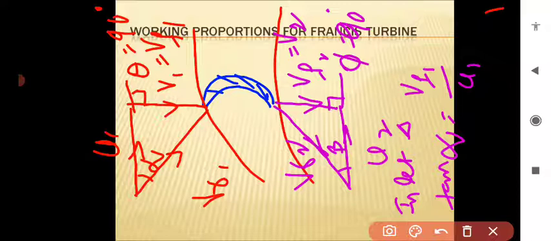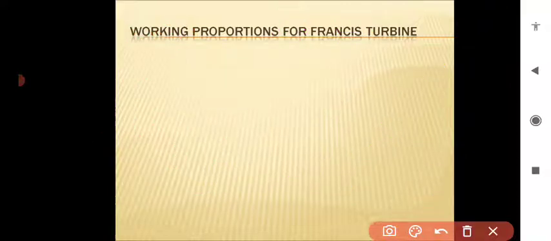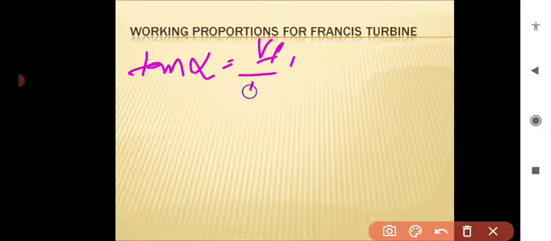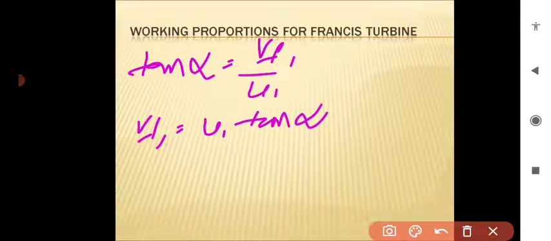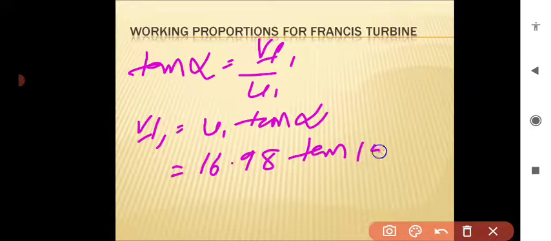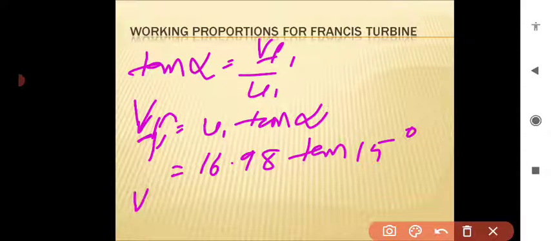Substitute all the values in this equation. You will get tan alpha is equal to Vf1 by U1, that is Vf1 is equal to U1 tan alpha. We know the U1 value, 16.98, and alpha is equal to 15 degrees. Calculate it, you will get the Vf1 value. So Vf1 is equal to